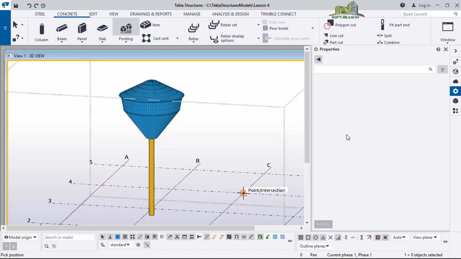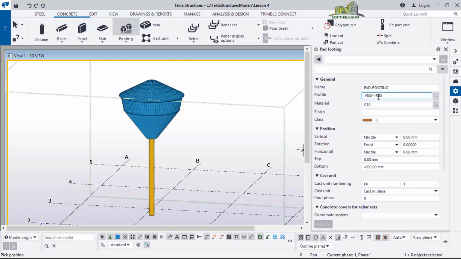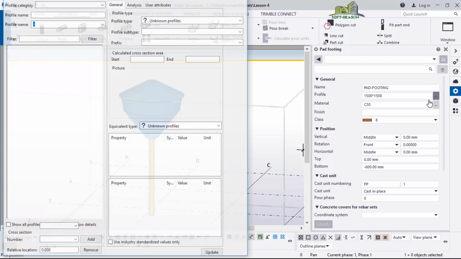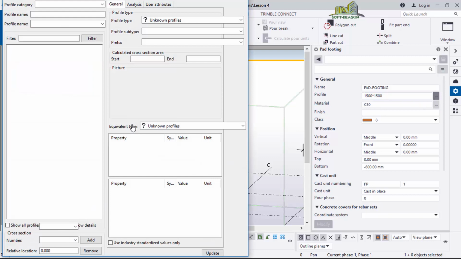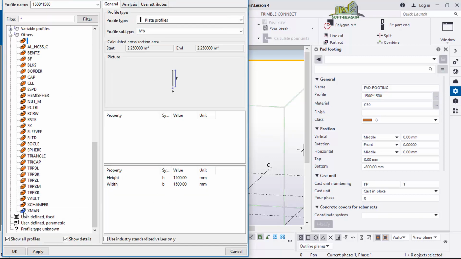In the pad footing settings, you can edit the size of the pad footing. You click this place and in the dialog you can change this to 2000 or 2500, and then this side to 2500, since it is a pad footing and it's carrying very big loads. You click on apply and okay.